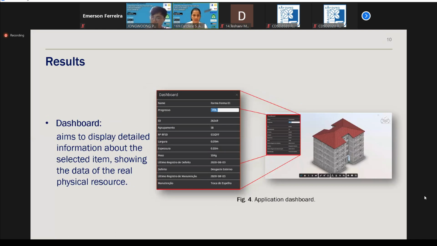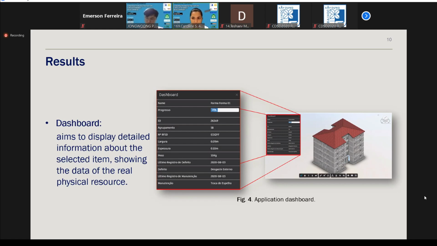The second model is a dashboard, and it aims to display detailed information about the selected item, showing the data of the real physical resources. We have a partnership with a construction company, and this kind of information was important to the management process. So we can see the name of the element, in this case, the metallic formworks, when we select the elements.